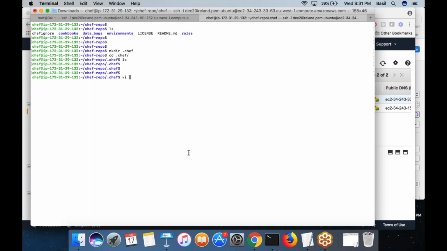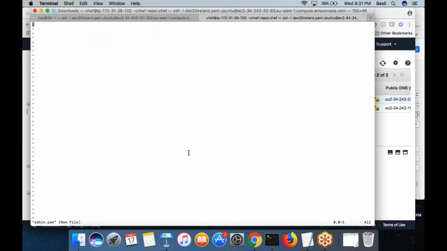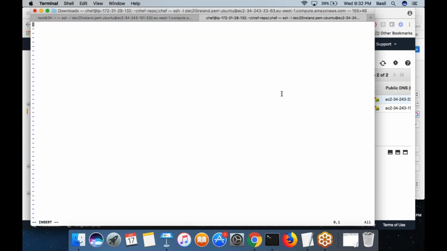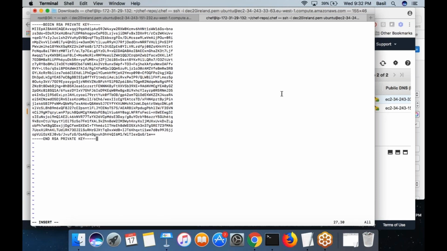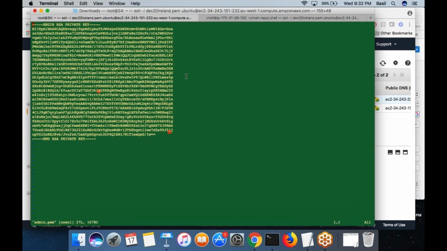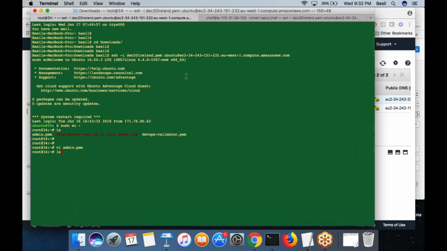So in the workstation, I am going to open a new file, admin.pem. To this file, I am going to copy paste the key. And I have one more file, devopsvalidator.pem.